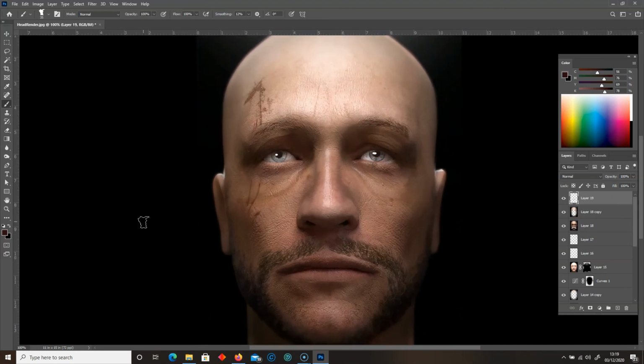Okay, so there's our final concept. So that's gone from Zbrush, the standard sculpt. We've then sculpted into it. We've then put that into 3DCoat, where we've textured it. We've added a displacement map with our texture. We've then put it into Maya. We've imported our texture and displacement map. We've lit it and rendered it. And now we've put it into Photoshop and we painted into it, and we've now got our concept,